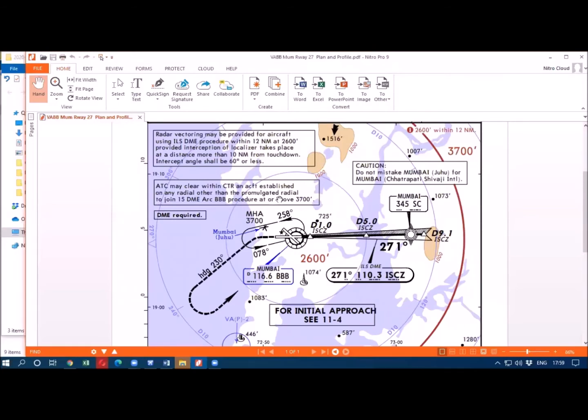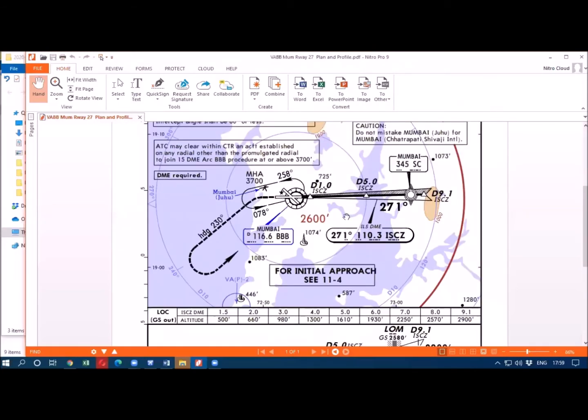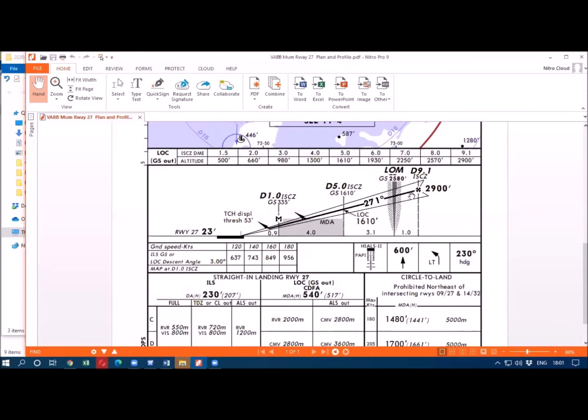Now, this is the plan view of the ILS, and what it depicts here is the extended center line of the runway. What you see as a feather here are two radio frequencies, and this is the median, or where they intercept, and that is how you capture this center line. You lock the plane here at this Maltese cross, which is the final approach fix, at 2,900 feet altitude.